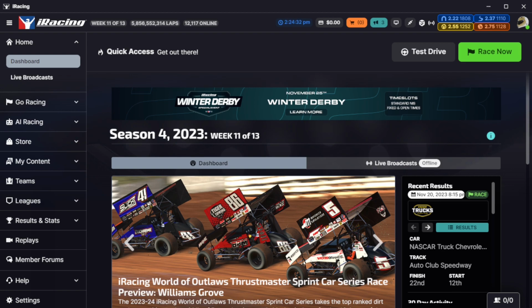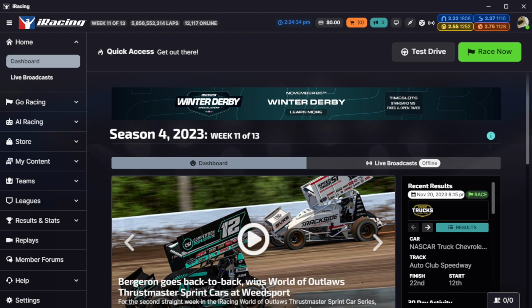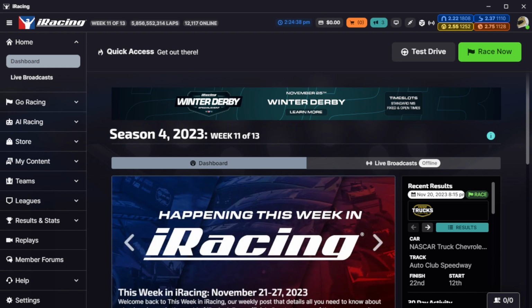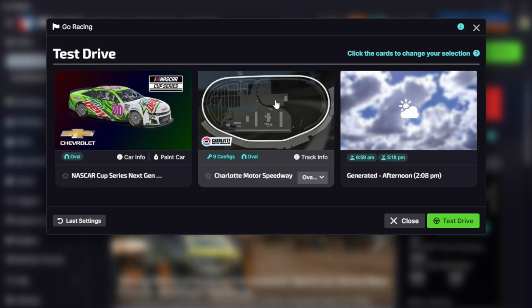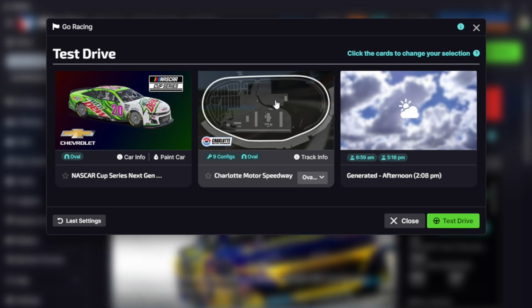So let's get into how to set up your graphics. First, instead of going into a race, go ahead and click on test drive. Once you're on this page, you want to select a car, a track, and what you want to do for